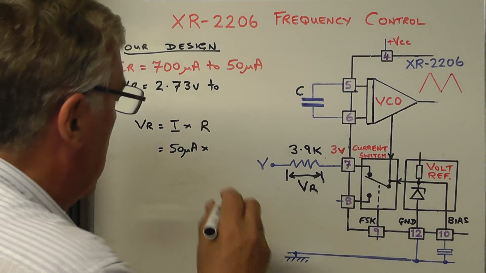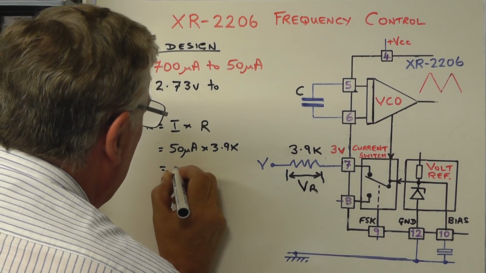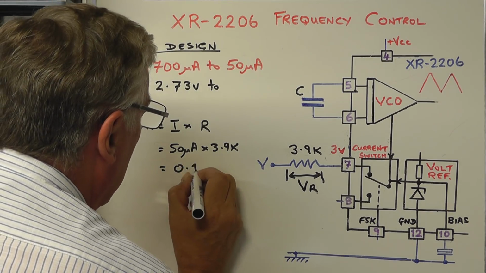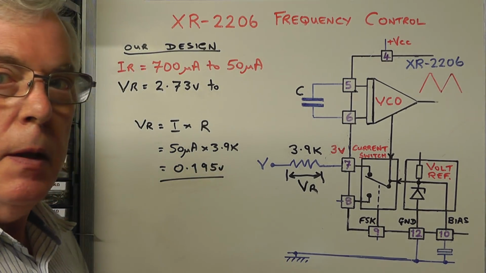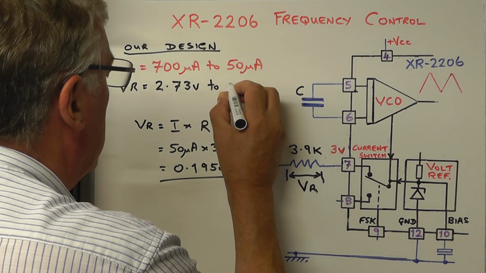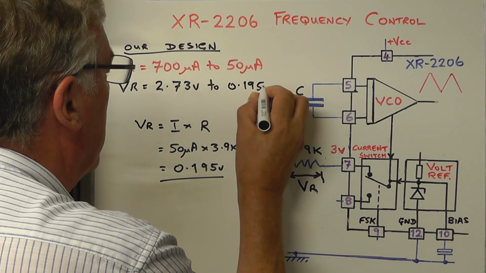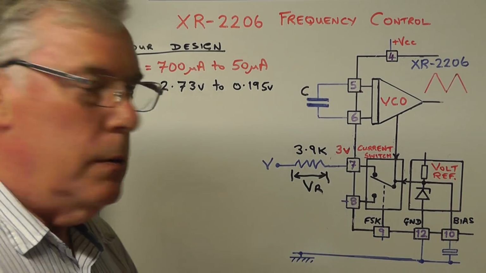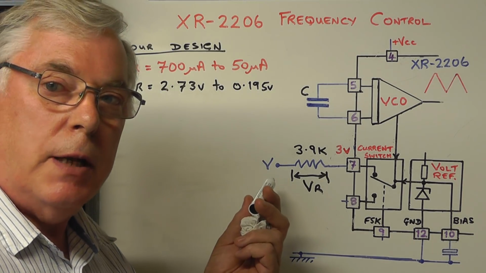The resistance is still the same at 3.9k. And this time when we do the calculation, the voltage is 0.195 of a volt. So now we have the two extremes, so that's going now to 0.195 of a volt. From this information we can now calculate the voltage swing at this side of the resistor,